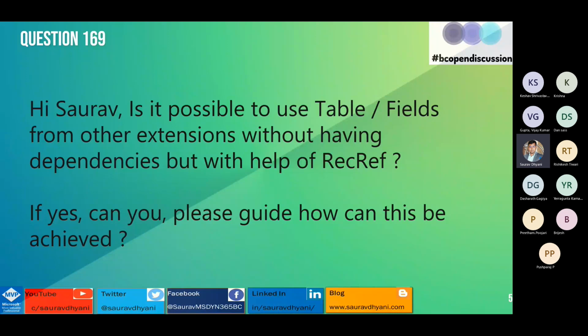And back then, the ISV partners and in general partners were pretty new to this. So they didn't know if you asked a question, like "I'll need an event there," they'd say, what does that mean? Give me the code where you want me to add it, and then I'll check the feasibility and all. So what used to happen back then is people would customize that process using C/AL code, and